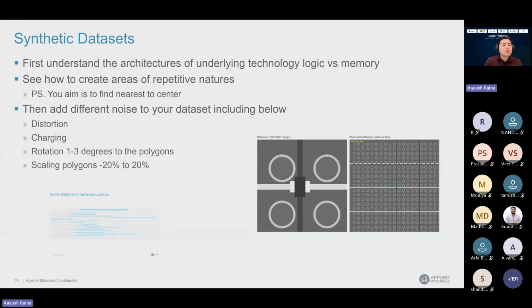Now there was a question about rotation and symmetry. The symmetry stays as such. The patterns are also Manhattan patterns. That means you will have circles, squares, and polygons which are very regularly shaped, but not, let's say, hand-drawn polygons.